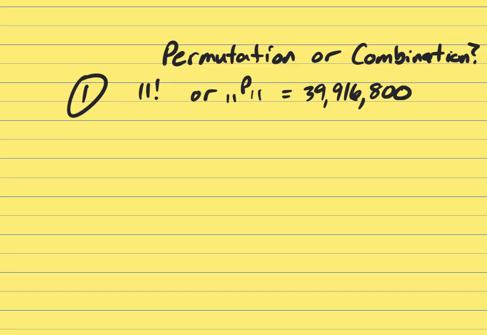Okay, let's look at number 2. How many ways can Leon choose 4 toppings to put on his pizza from 13 total toppings? So he's ordering a pizza that maybe the pizza place says you can only put 3 toppings on. And he has to choose his 3 favorite toppings. And it doesn't matter the order that we put it in. So we know we're going to choose from 13 toppings. Does order matter here? No. Okay, I'm just choosing 3 toppings from the 13, or 4 toppings from the 13. So that would be